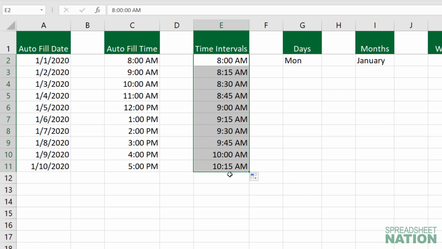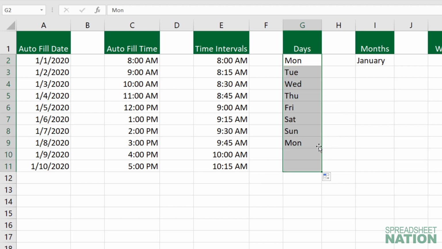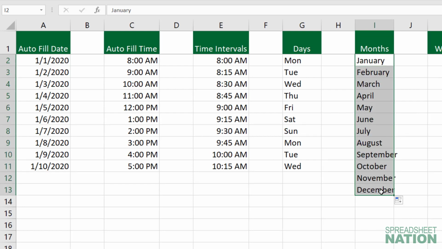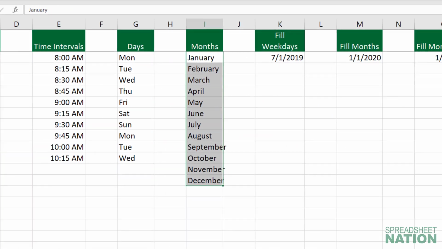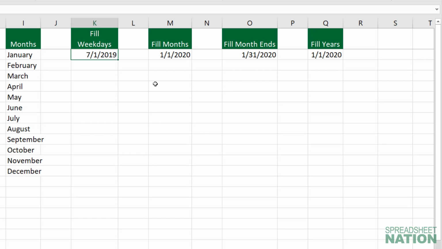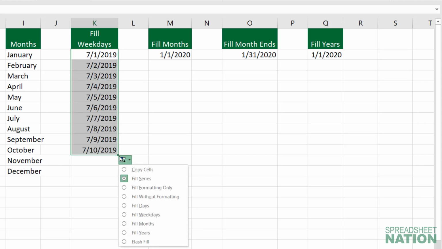There are certain text labels that Excel recognizes as well. So days of the week, if you pull that down, it's going to continue on with the pattern. Same thing with months. There is the autofill options box when you have a date, and it has a few more options than what we were looking at before. So let's look at 7/1/2019, and let's pull that information down. And you can see that it automatically fills the series. And we have some of the same options that we had before.